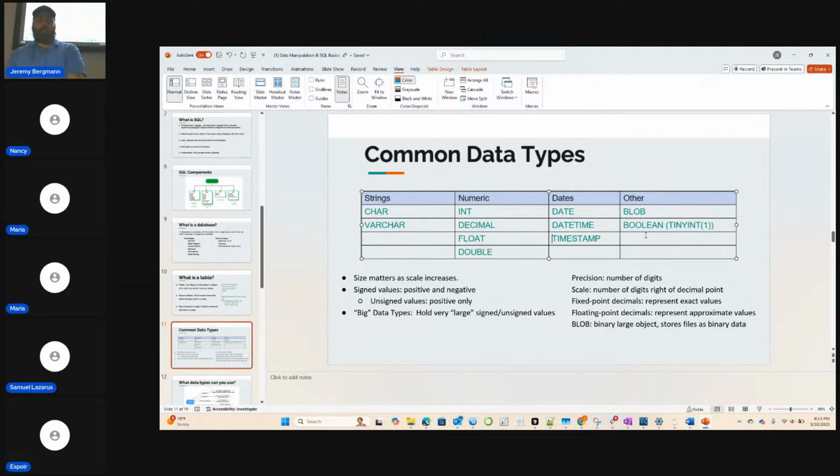Well, it doesn't actually do your date, it's just a time. Some database systems do it a little bit differently. Sometimes it's the time since 1/1/1970, where it's a Unix timestamp.